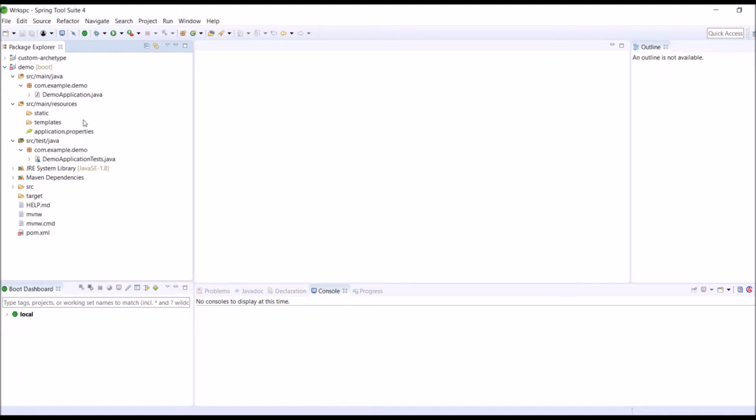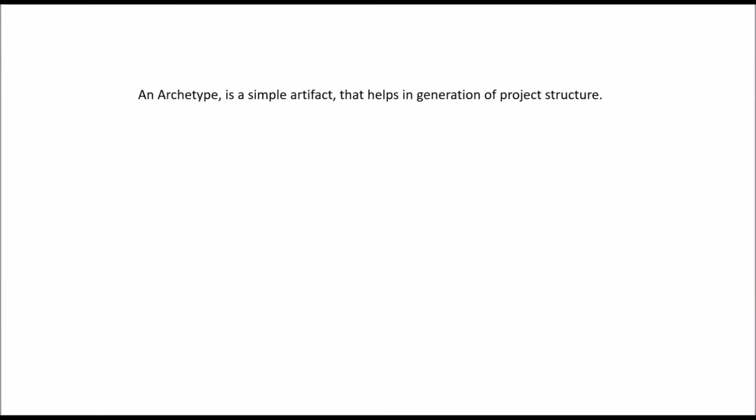So let's see what an archetype is, the components of the archetype, and the advantage of using a custom Maven archetype. An archetype is a simple artifact that helps in generation of project structure. So what are the components of an archetype?